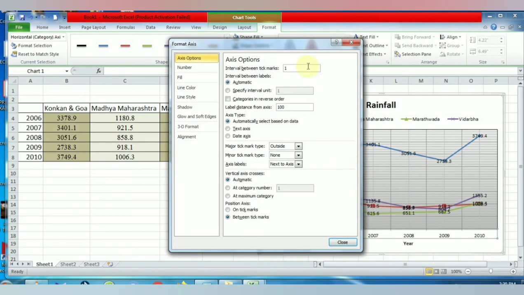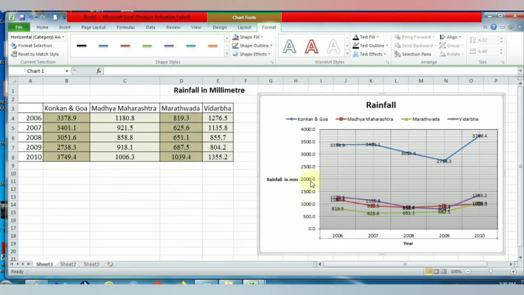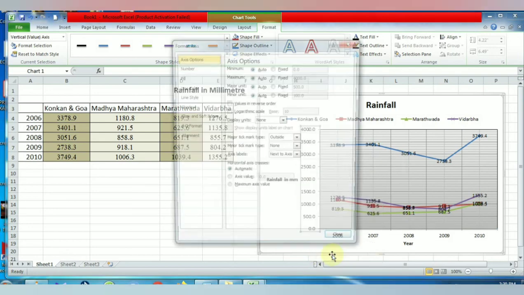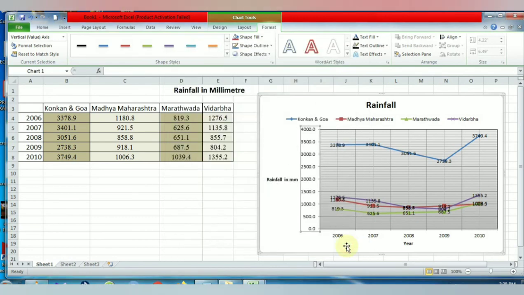You can format the horizontal axis from here also. Just move the mouse pointer to the horizontal axis and right click and then modify the horizontal axis. Similarly, you can modify the vertical axis using the right click option. So these are the various formatting options available here also.